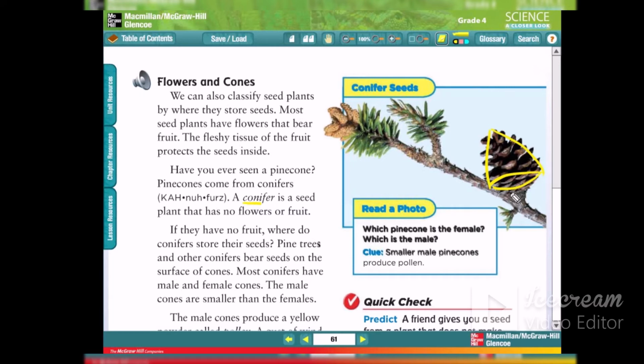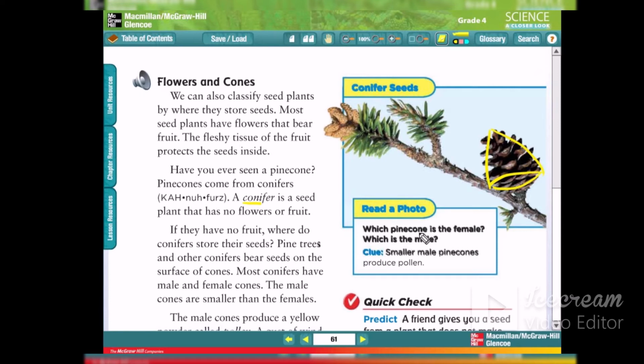Okay, now we will take the pinecone trees as an example of the coniferous plant. We will talk more about these pinecone trees. Of course, these pinecone trees grow in cold places, like North America, or in Turkey also, and other places that have a very cold atmosphere. And of course, the squirrel likes this conifer or this pinecone very much.